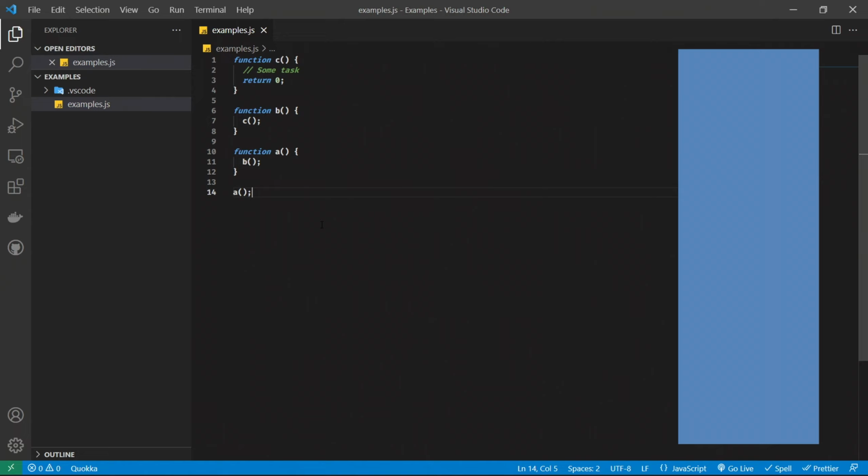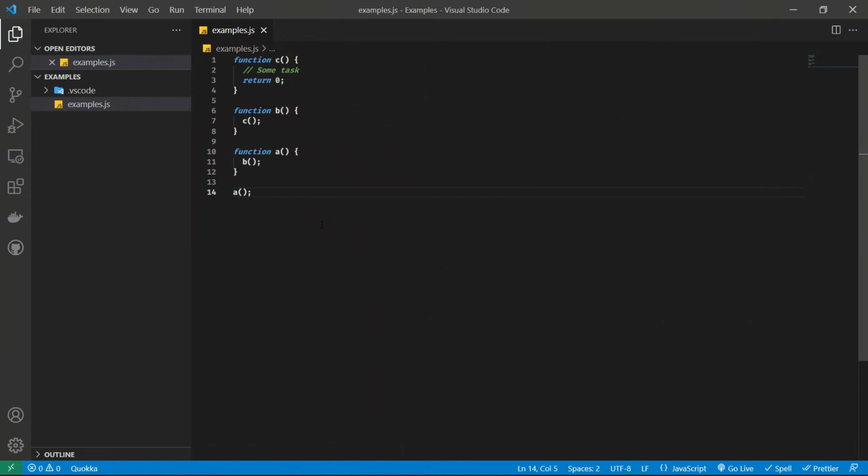Now how does this tie up with recursion? Well, since a function calls itself, in case of recursion, every time a call is made to itself, an execution context is created and pushed to the top. Now the thing about the call stack is that it is limited in size. So if you keep on making function calls, eventually this call stack will run out of space and the call stack will overflow. You will get something like maximum call stack size exceeded error.